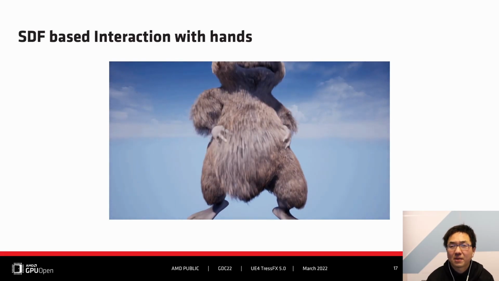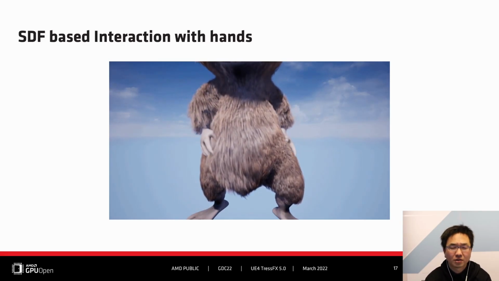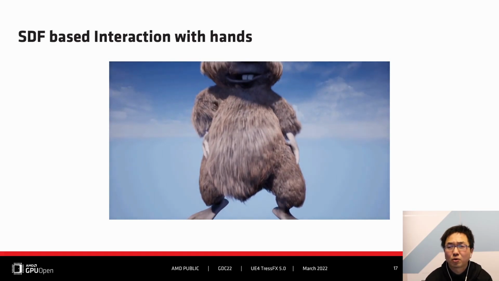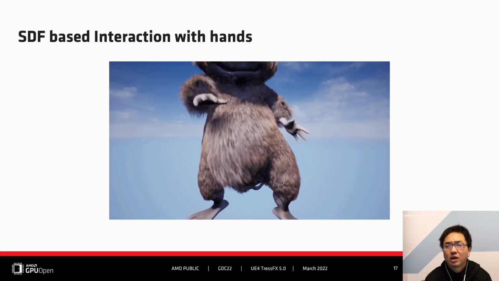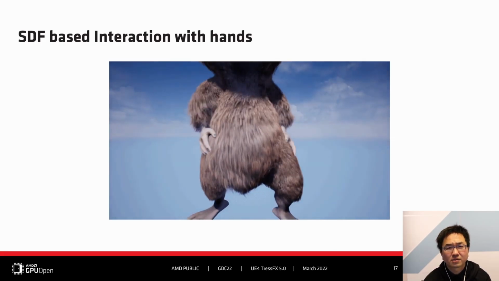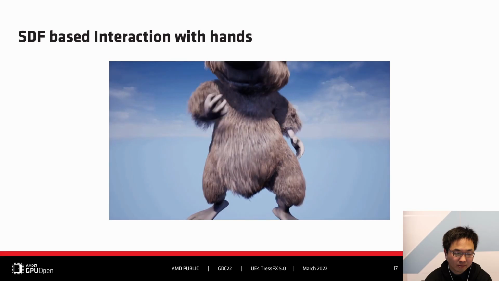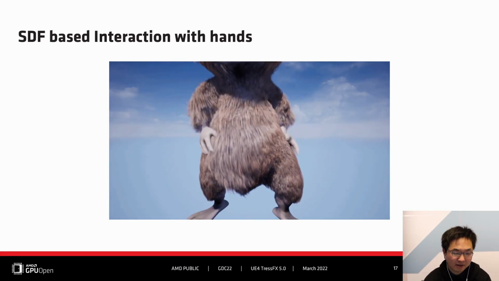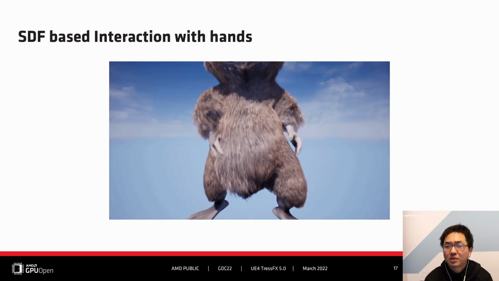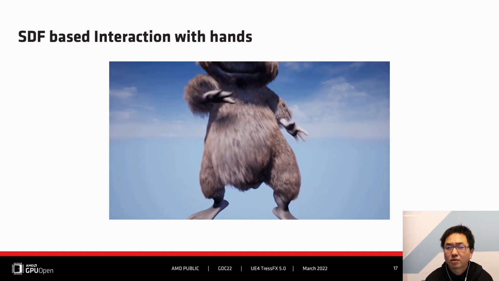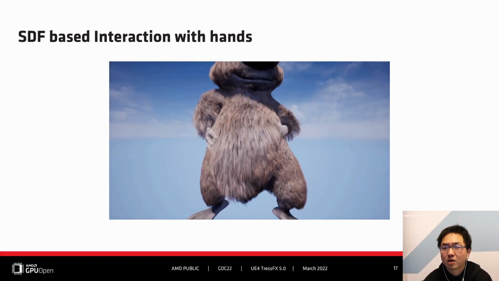At first, my understanding of SDF was that it can be used to avoid penetration in some long hair cases. But SDF can not only be used to avoid penetration, it can also be used to implement strands interacting with hands. Look at the small hands of RatBoy, left hand and right hand. So it means we can implement the interaction for both long hair and short hair. Maybe we can implement more interesting features with SDF.